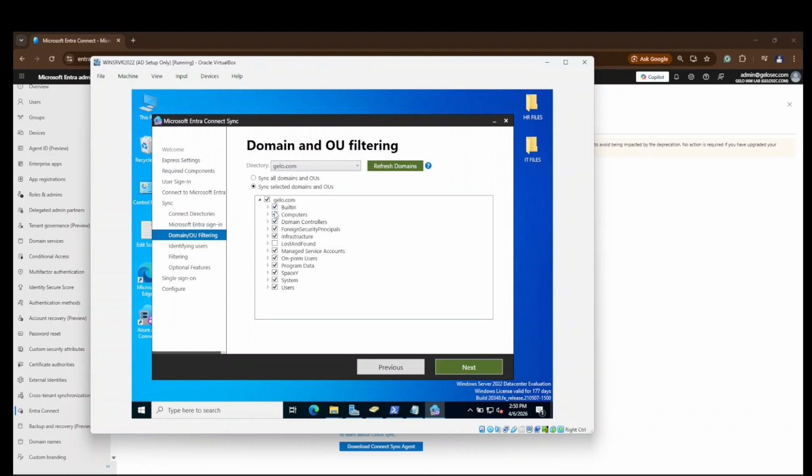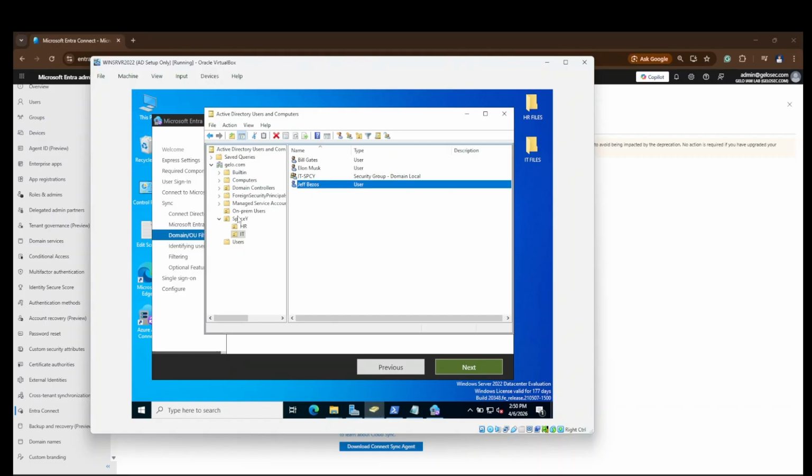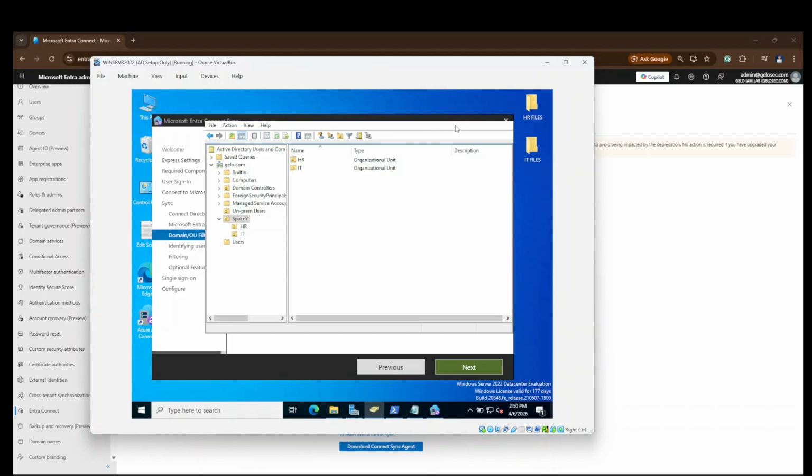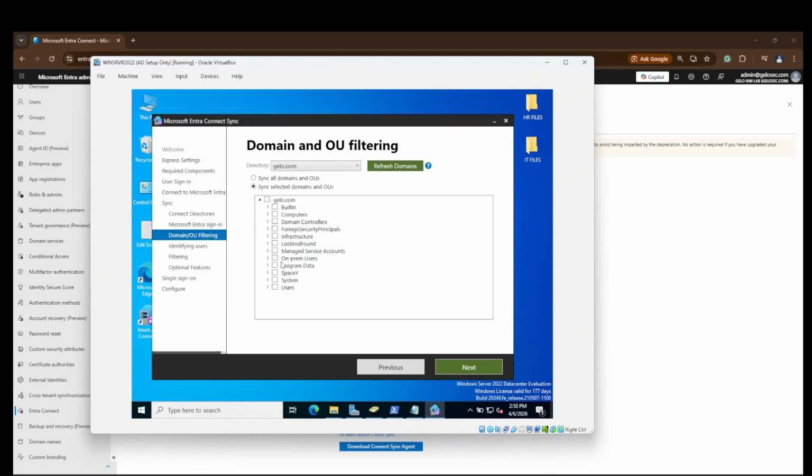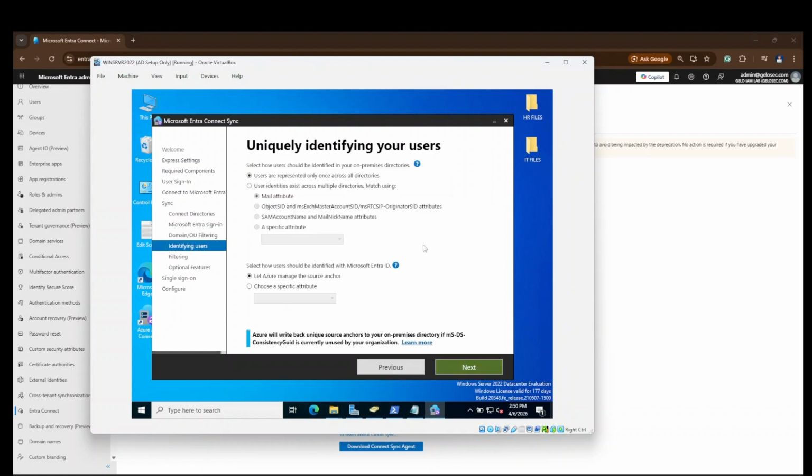So if we remember in our Active Directory here, we will only sync the Space OU users. We don't wanna sync all of these OUs here. So just gonna uncheck this and check the Space OU. Okay, and hit next.